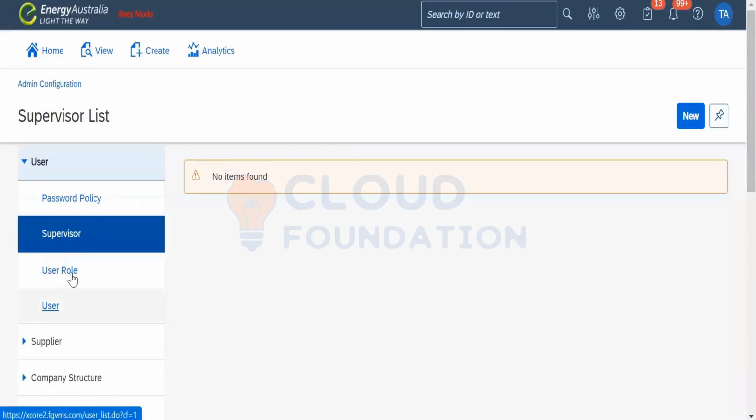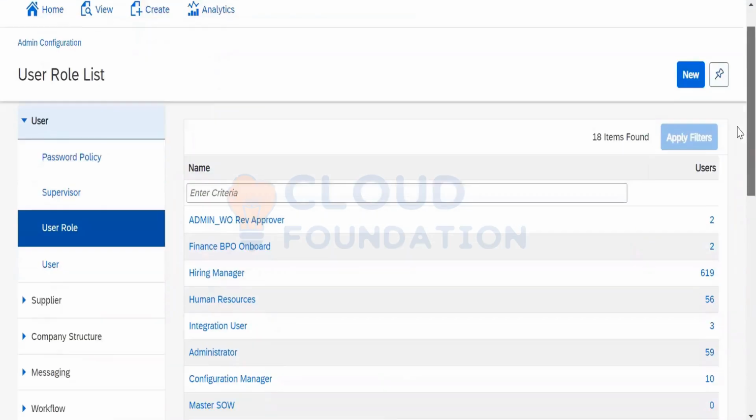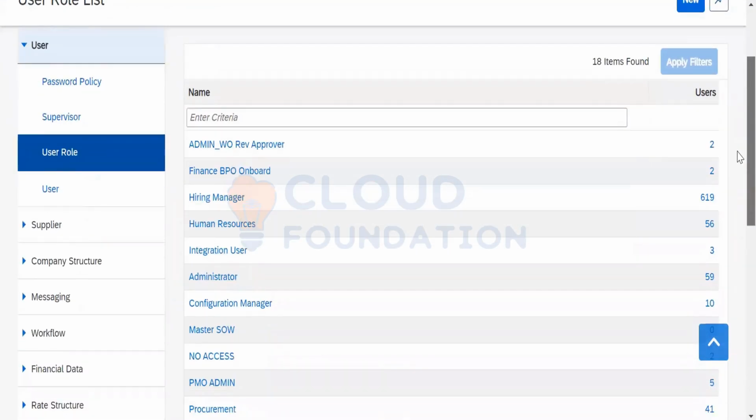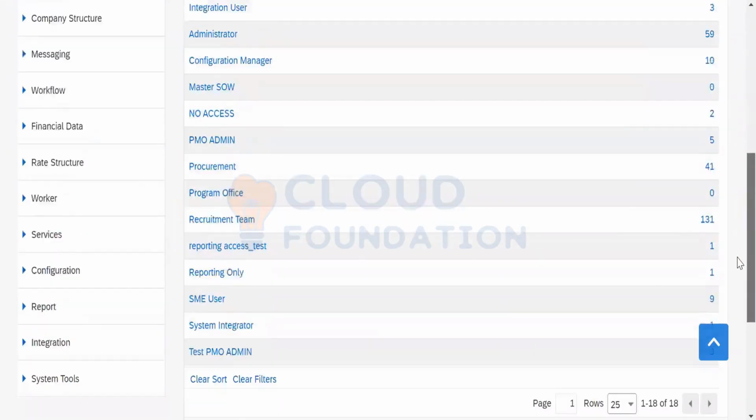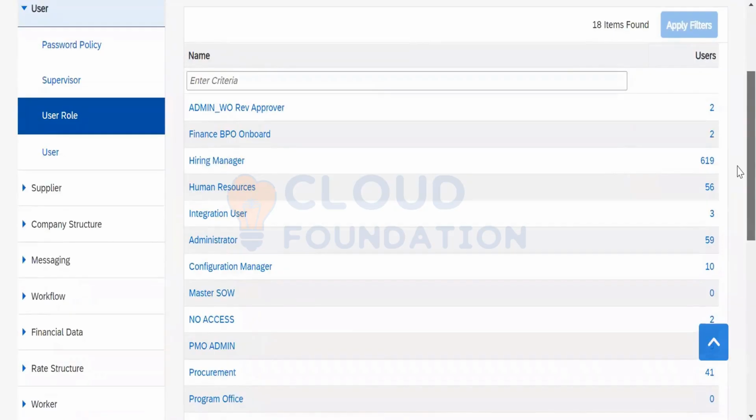However, the contractors will be reporting to the users. In other words, they are called the managers of those contractors. Whether we set a separate list for supervisors or not, it has not been utilized here. The user roles. This is one of the important aspects. These are the roles that are given to all the users from the HR database.